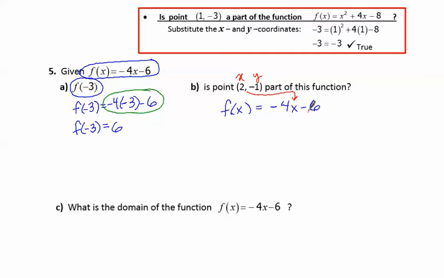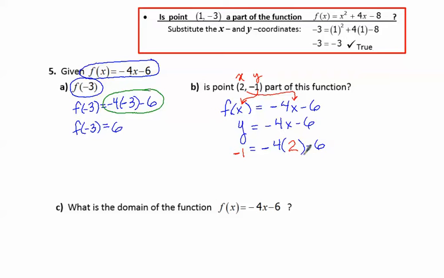And if you look at your function, you're like, wait, where is the y? So it's a good moment to remind yourself that f of x is the same thing as the y, so that's where you're going to be putting that value. So let's go ahead and substitute. The y is the -1. The rest of the equation, you keep writing it. What x is going to be a 2. And you keep writing. And what you're supposed to check